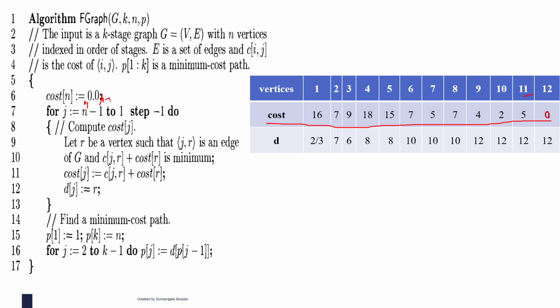You are going in the reverse way. That's why 11 to 1 you have to do the procedure here. This is your 11, 11 to 1, and you are using decrementing here. Step minus 1 means you are decrementing, and you have to compute the cost. That is, R be the vertex such that JR is an edge of J. That is the procedure I did for calculating this cost. The same thing is explained here using this equation. The same equation you used there also, and after that, for which vertex you got the minimum, that one you are